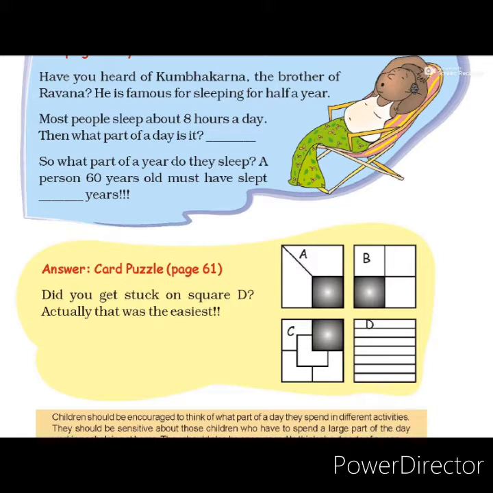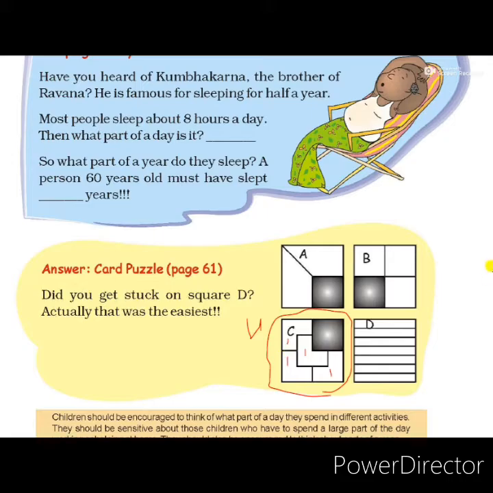See page 68. Here they have divided that white part. In the middle of that white part, one more square they have drawn, and after that from the middle of that white part a line is drawn, and from here also one line is drawn. Now that white part is divided into 4 equal parts. Which are the 4 equal parts? First part, second part, third part, and this is the fourth part of this white part. So all these 4 parts are equal in size.